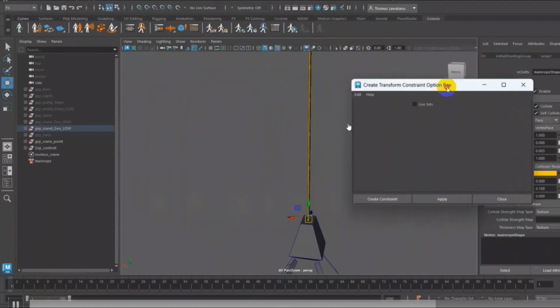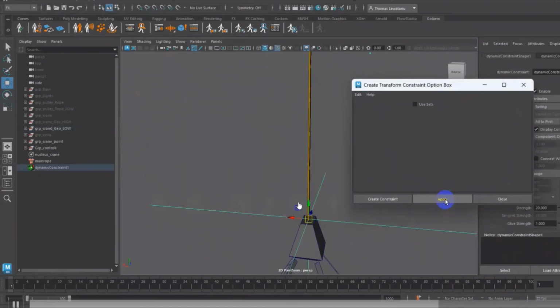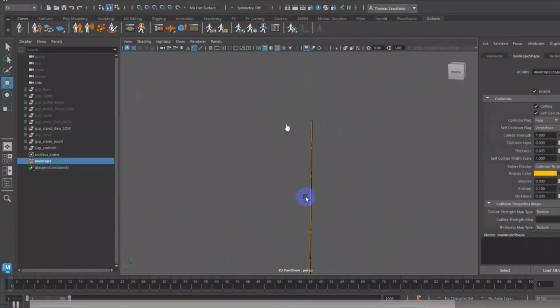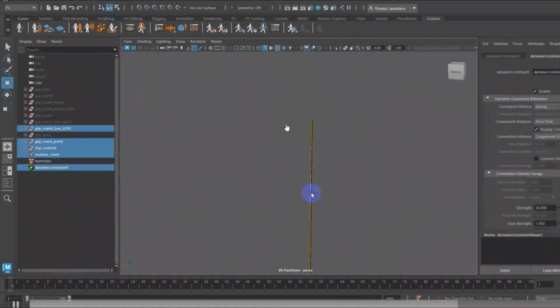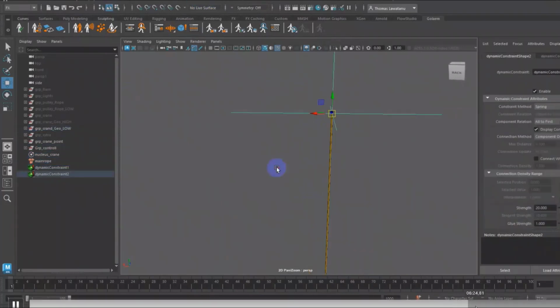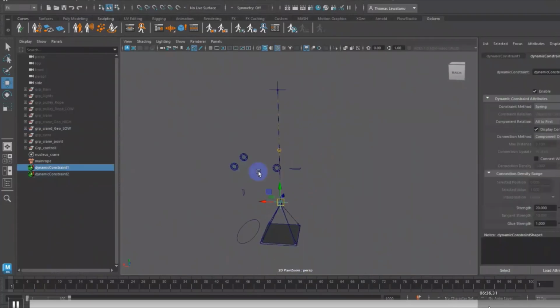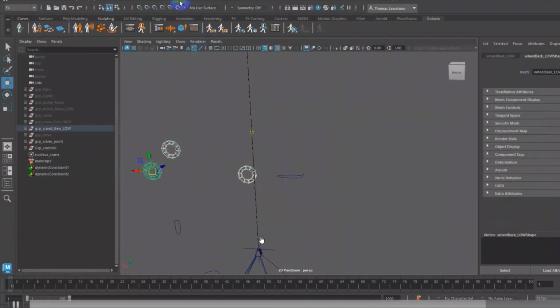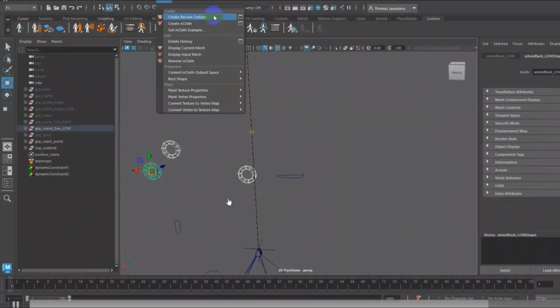Okay, I use the transform constraints to put the helper here, so it will be easy for me to create a point. That's why I only put the target constraints. It's easier than doing it manually. Okay, for the next, this is a part where we need to be very patient. This is the simple one, but you need patience.